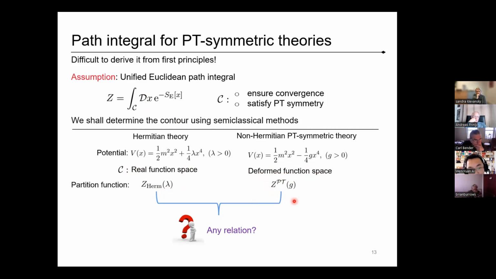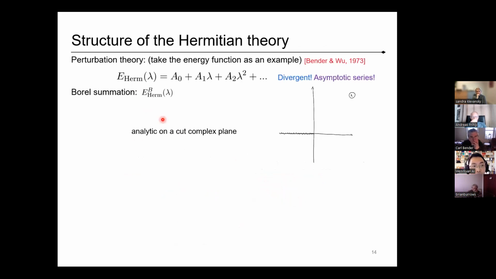To answer this question, we first have to look into the structure of the Hermitian theory. The Hermitian theory is usually studied by perturbation theory. Here, I take the energy function as an example. You have a perturbative series. You can expand E of lambda as A0 plus A1 lambda, and so on and so forth. It turns out that